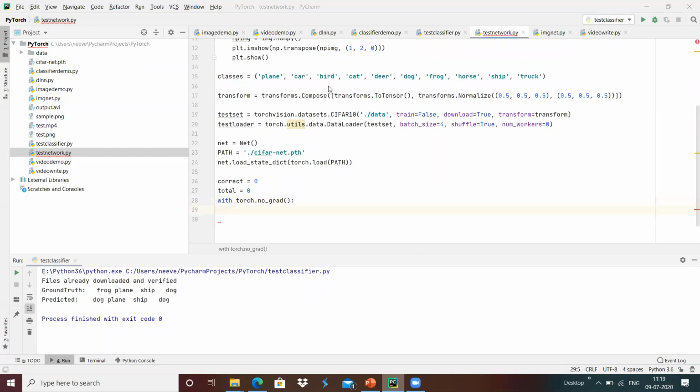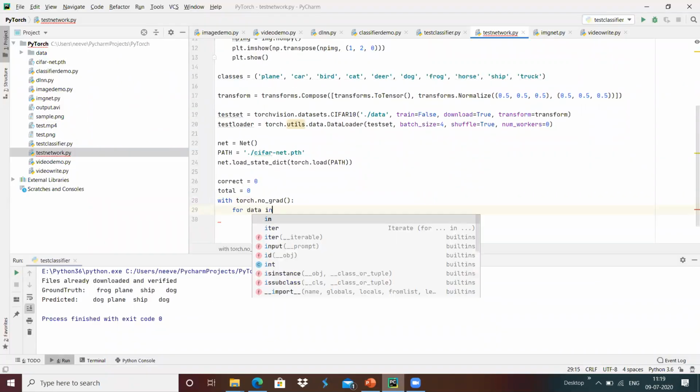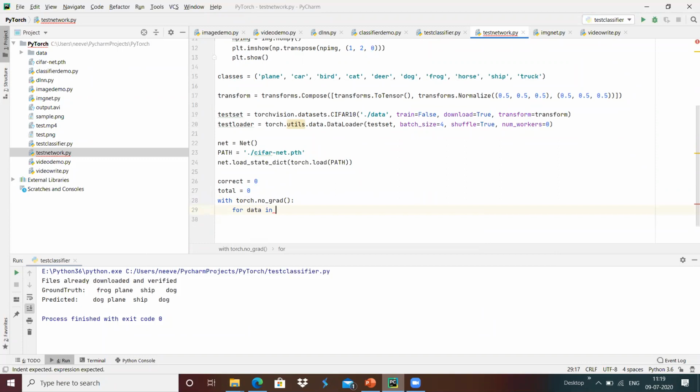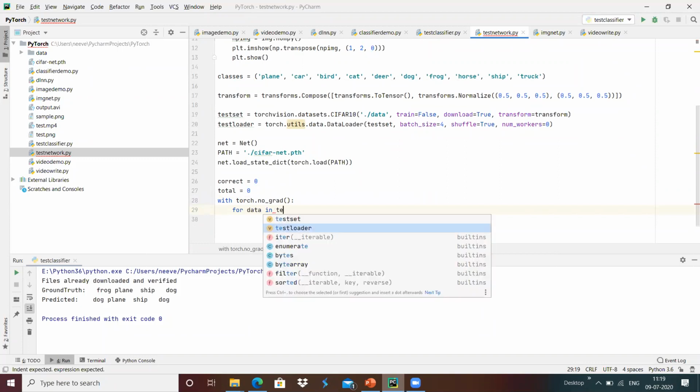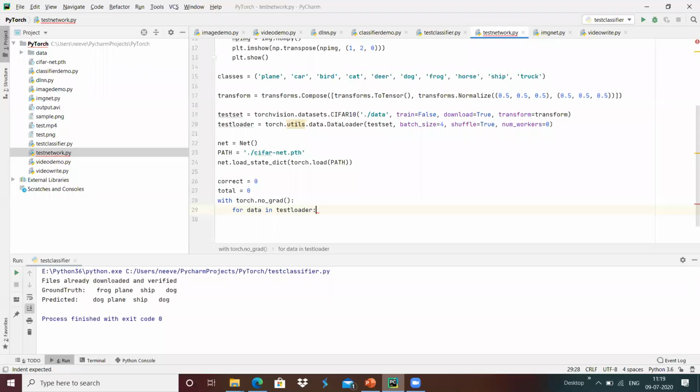I'm going to use torch dot no gradient. With torch dot no gradient, I am going to fetch the data for data in test loader, which means it will fetch all the images present in the test loader. The data is basically images and labels.